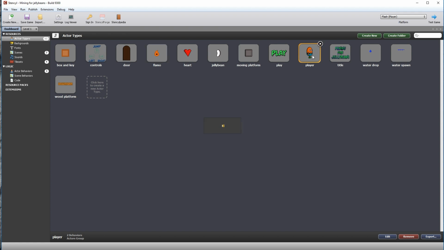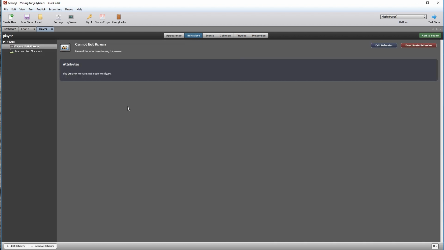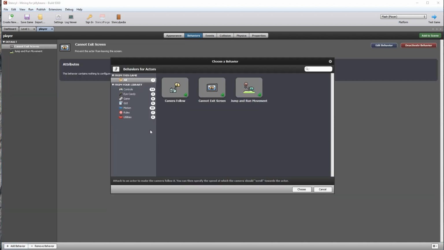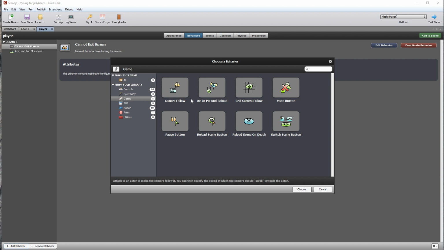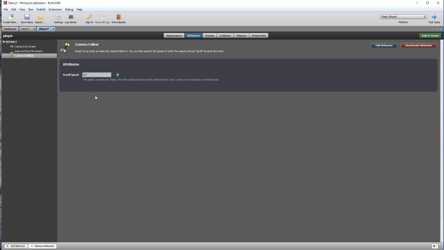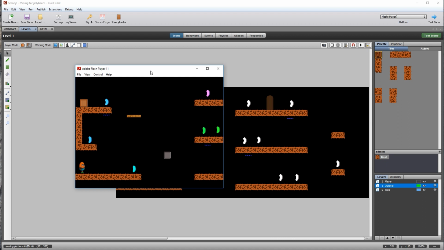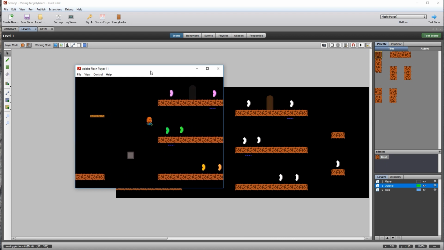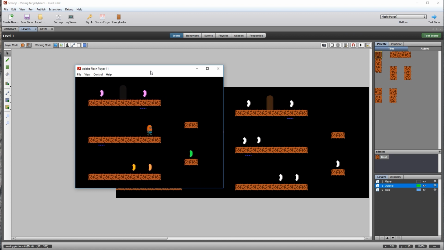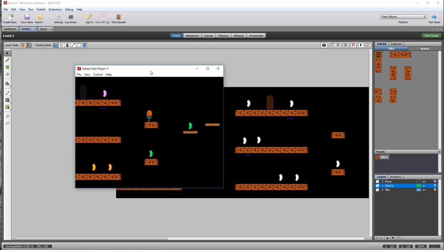So double click on the player and then go to the behaviors section. And we're going to add a new behavior. You will find it in the game category. Click on the camera follow behavior to assign it and leave the scroll speed at 0. Now we can see that the player remains in the centre of the screen as the camera follows him, allowing